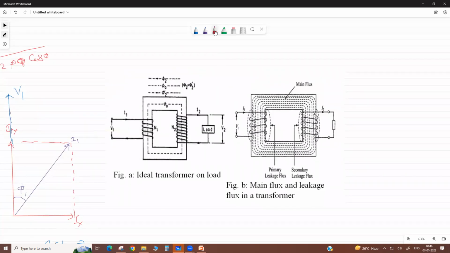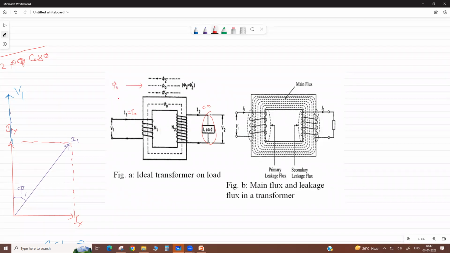So here, suppose this load is not there, then this current is 0. Only the no load current is drawn by the transformer. Due to this no load current, there is this flux, which gives you